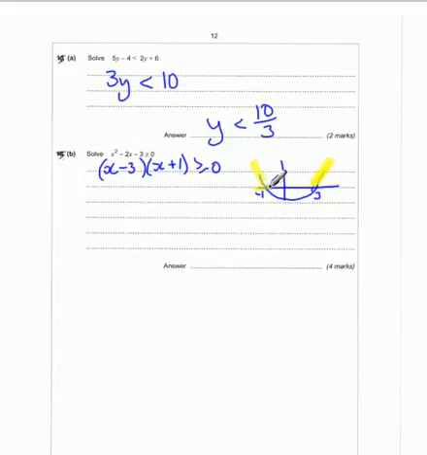So looking at this, we can have any values going off that way from negative 1, then any values going off that way from the 3. So we get two separate inequalities as these sides don't join up. We can have x is less than or equal to minus 1, or x is greater than or equal to